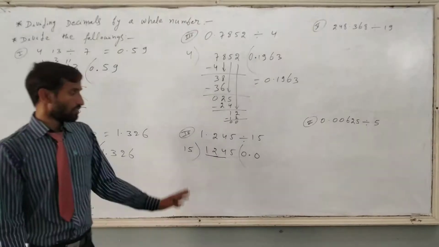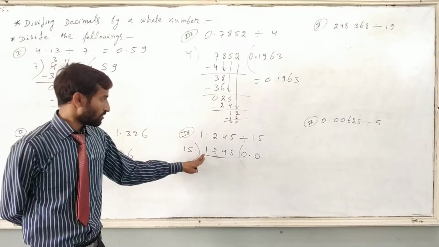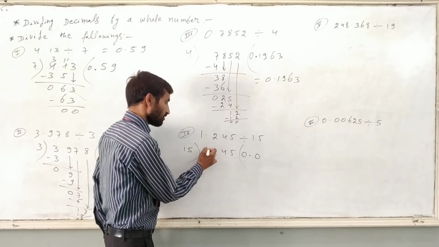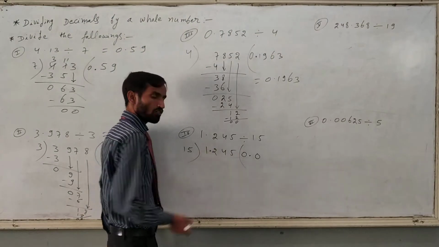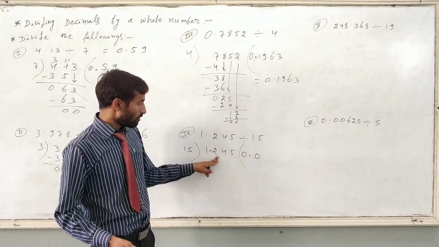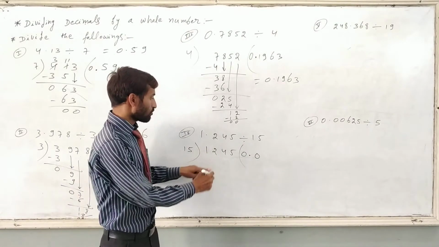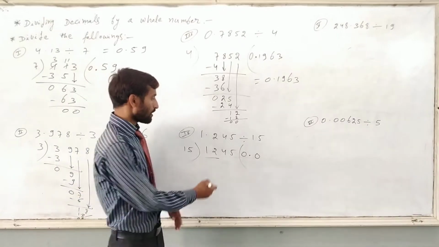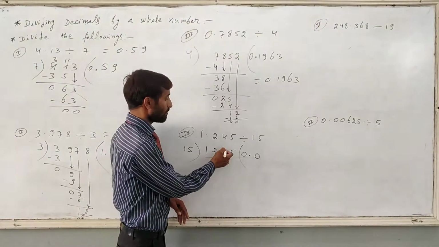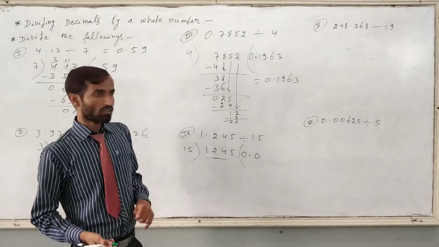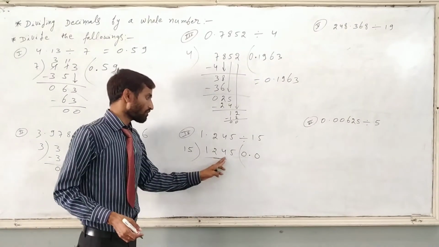Okay, this is the main process you have to see here. I have removed the point first of all because it is not divisible. Then combine 1 and 2. It will be 12. Again it is not divisible by 15. So again I have to combine one more digit. For that you have to put 1 0. Then it will come out as the correct answer. Otherwise it will be wrong. So now it is 124.